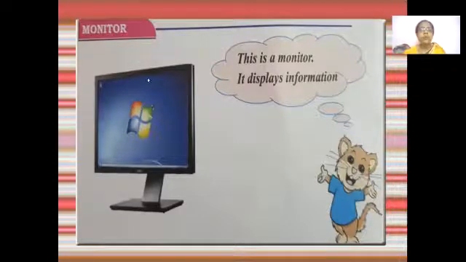What does a monitor do? You can see all information on the monitor and you can see small pictures also on the monitor. This monitor is using Windows as an operating system. All this information can be displayed on the monitor. Whatever you type on the keyboard, it displays on the monitor. It is like a TV screen, a very colorful screen. This is your monitor. So what does it say? This is a monitor. It displays information. Information means whatever information you need from the net also.